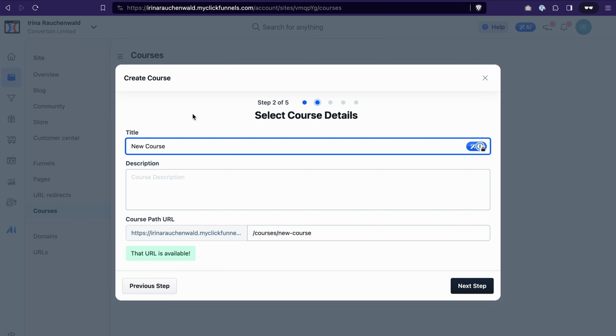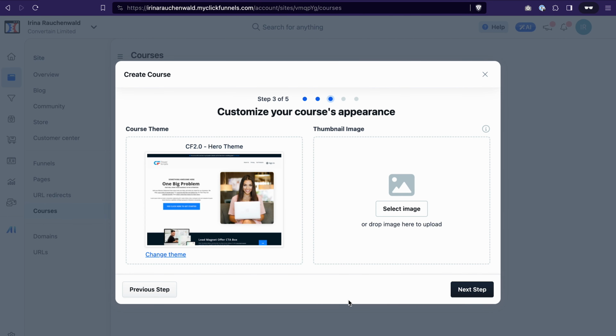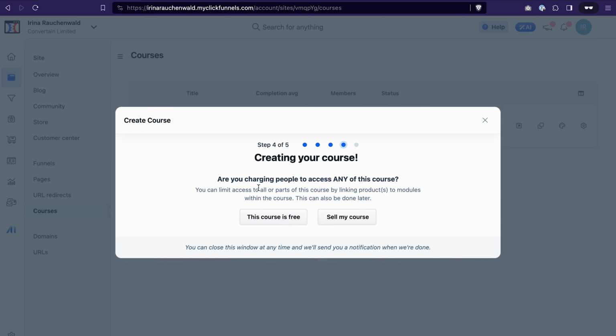The editor will walk you through the steps to create your course. You can add a title, description, and select the path URL. Then you can select a theme for your course. Select if you want to give this course away for free or you want to attach a product to it